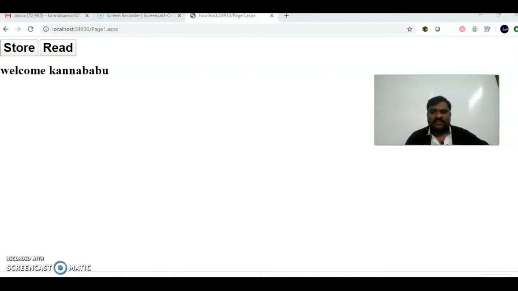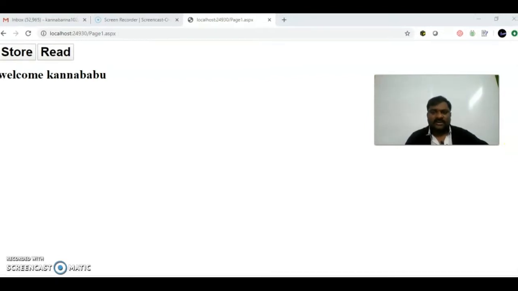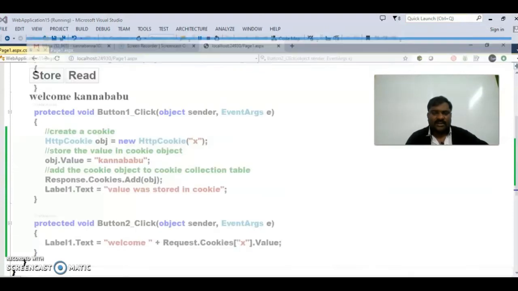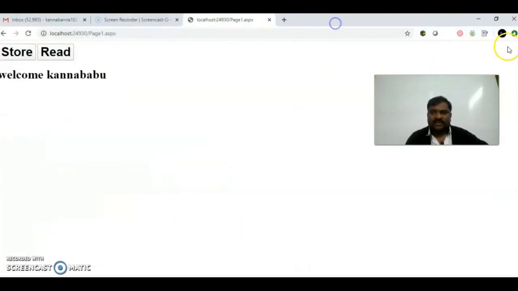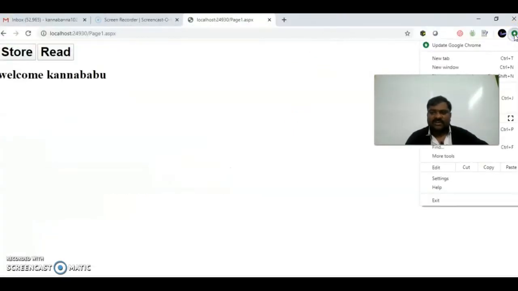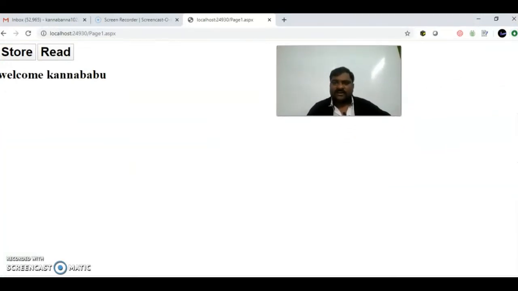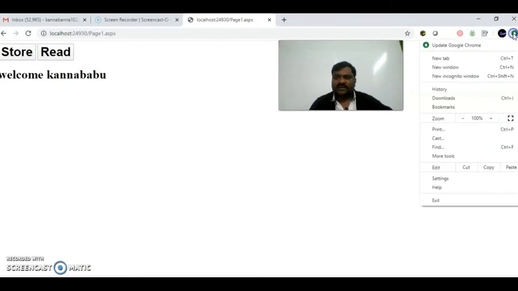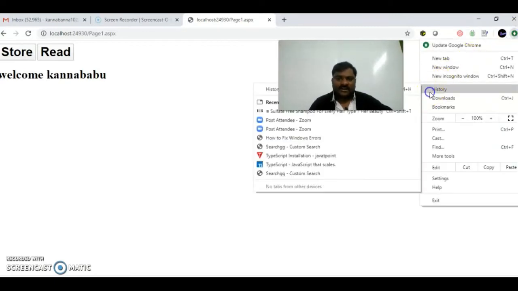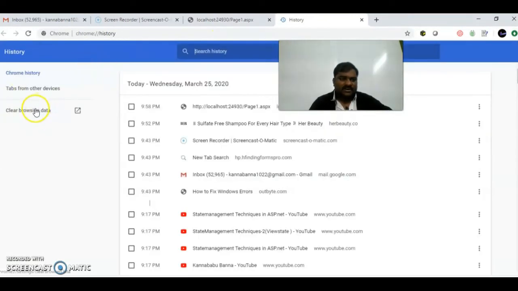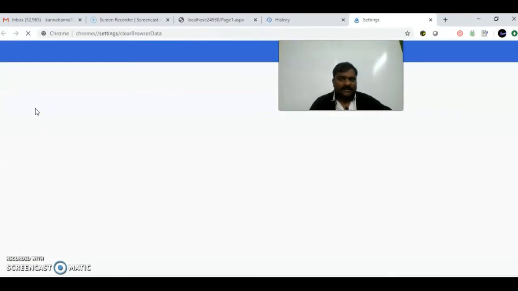Is it clear? So in this browser, I think this is Chrome only. In this browser, I can see the browser history. Here you can select this one, and there you can see history. And if I go to browser history and try to clear the browsing data,